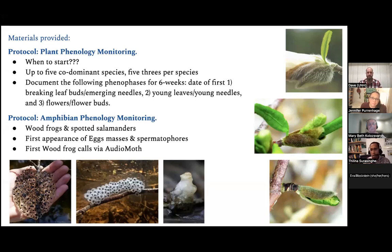So detectability is fairly high in the vernal pond periphery. What you need to do is simply record, starting from whatever the first week you start to go there, every 2 weeks visit the vernal pool and record when it appears. If you don't see it, record that you don't see it. When you start seeing it, you stop making observations for that particular phenophase anymore,